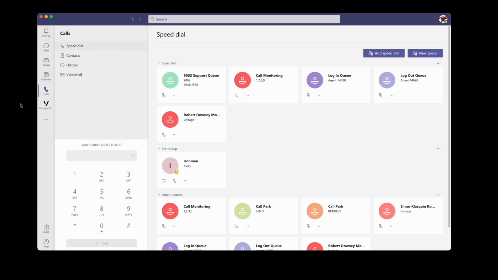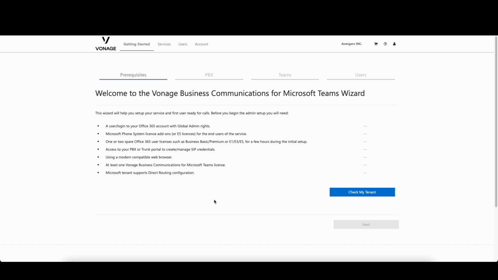In the desktop app, you can clearly see the dial pad inside of Teams, which allows me to make and receive external calls from my users from the Vonage phone system. To set this up, we simply sign up for the service through Vonage, and your global administrator will receive an invite that they can click on, which will take them to the advanced Getting Started guide for the Vonage for Teams integration.